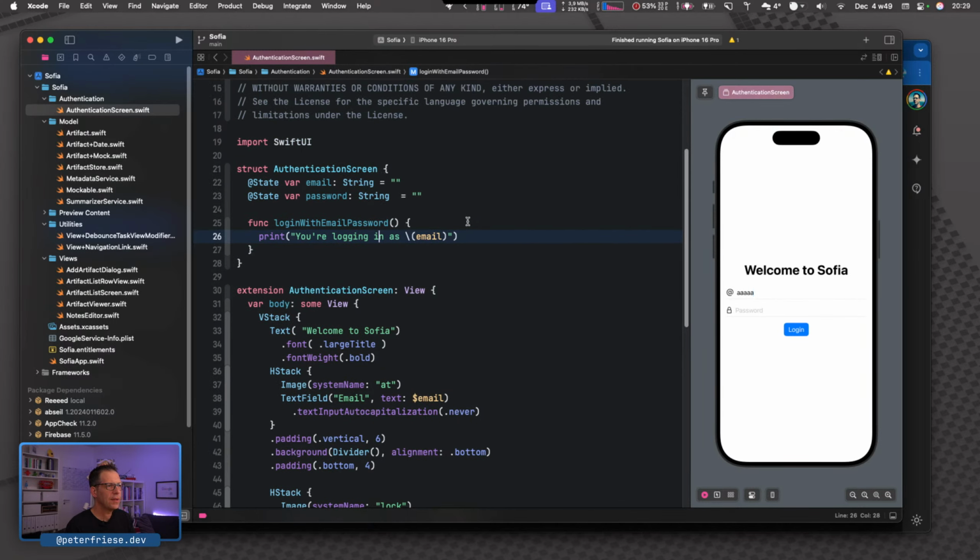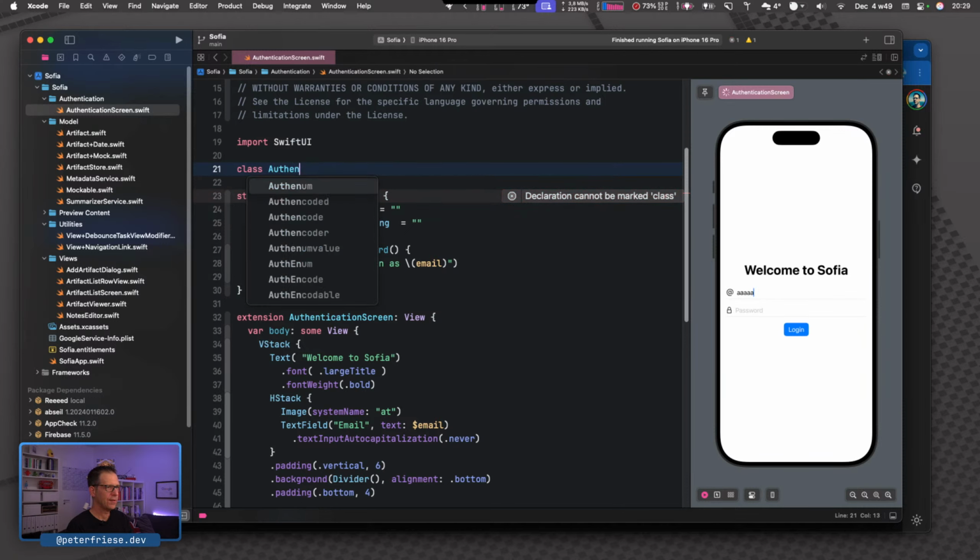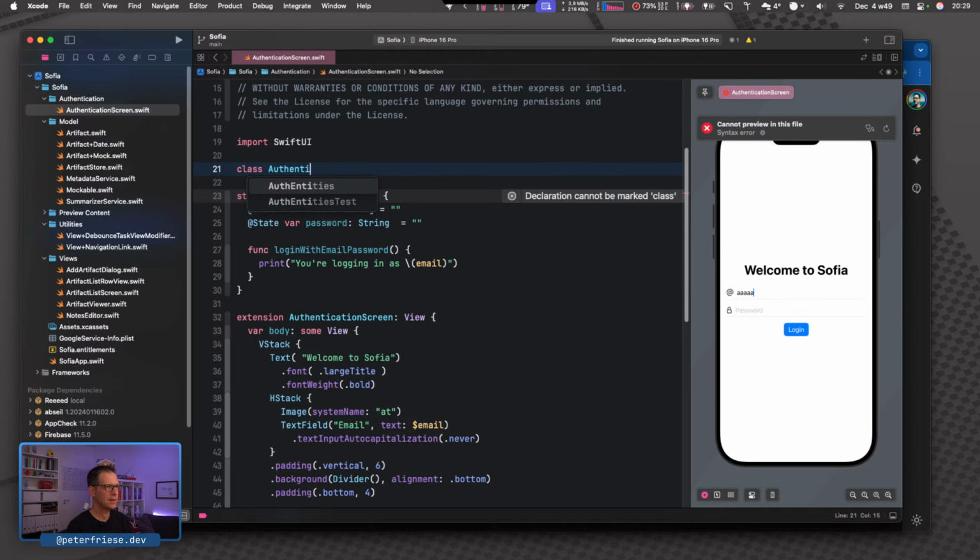One thing we can do is do it straight here in the view, but that is probably not the best idea because we will have to refer to the login state in other places as well. So I'm going to add a new class here, and it's going to be the authentication service.